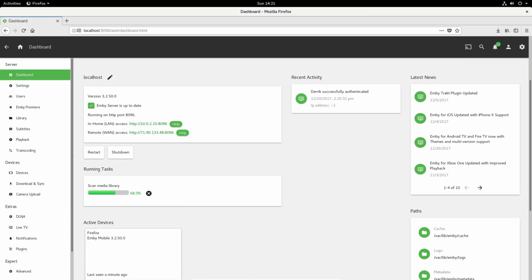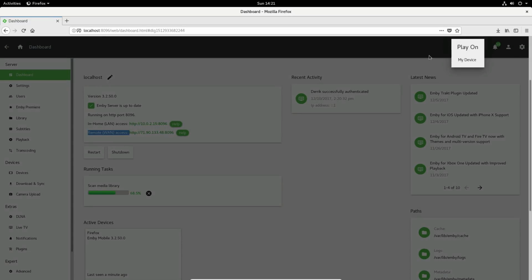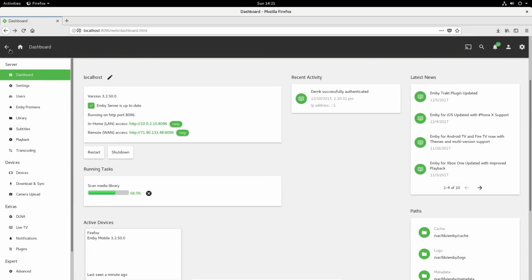If you look in the server, it's in the middle of scanning my media data, and I can access Emby on any machine that exists as long as it is connected to the same LAN. So you don't really need to worry about any of the IP address stuff. All you really need to do, if you need to find it, is to go into settings and click on one of these URLs or send it out to your friends. And of course you can even connect to other devices by clicking this button up here. But the media is in here, and it's a bit slow because I'm running it on a VM, but